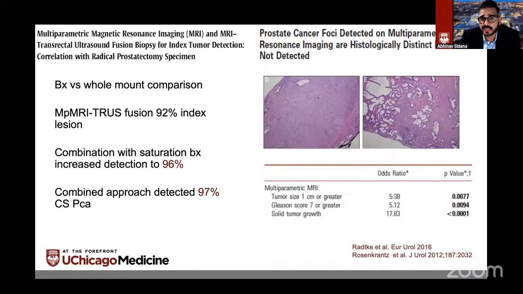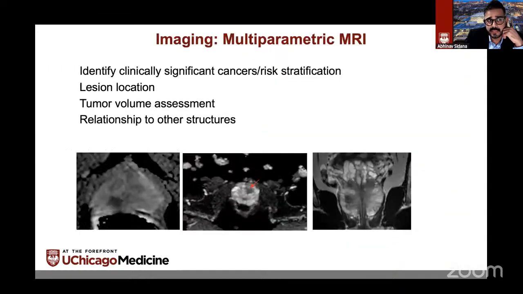In addition, the lesions which are seen on MRI are usually bigger. They are usually solid tumors, and usually they have Gleason score 7 or greater. So the MRI actually helps in detecting lesions which have clinically meaningful cancer, and thus the lesions which are detected on MRI can be targeted to achieve prostate cancer cure. In addition,